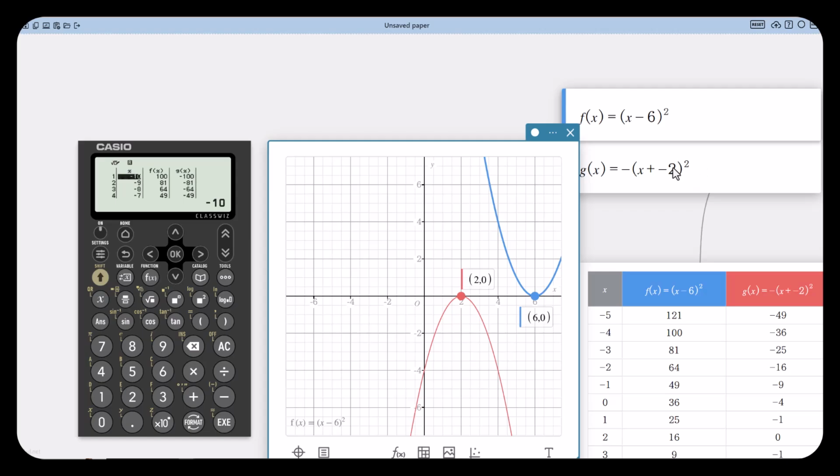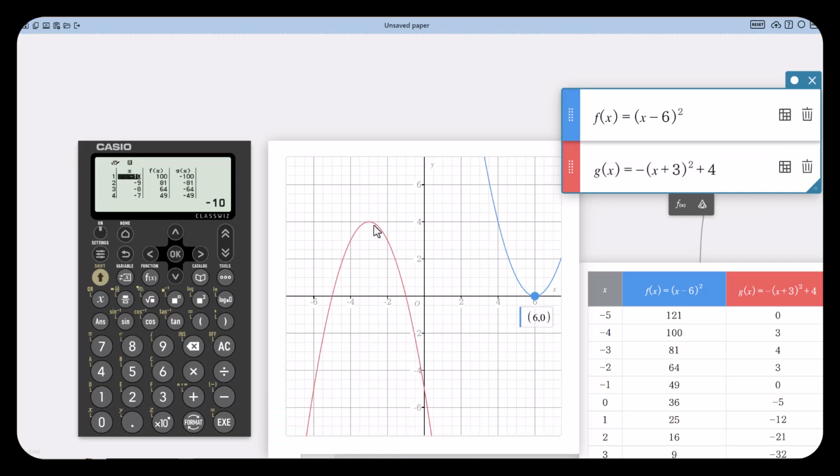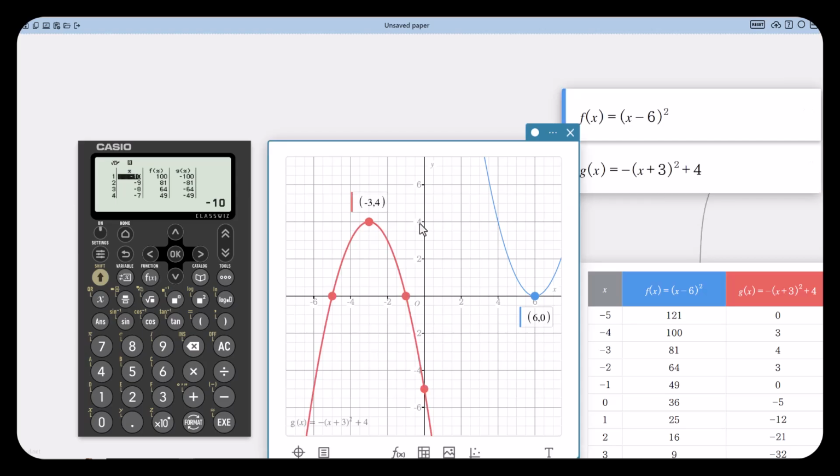So how would I change this equation? They're really starting to make those connections, and that's the beautiful thing about it. So -3 means I have to have a +3, and then if I want my y value to be 4, that means I vertically shifted up 4, so I'm going to add 4. So this should hopefully get me to a vertex of -3, 4, and they can try it out and test the point, and there it is.